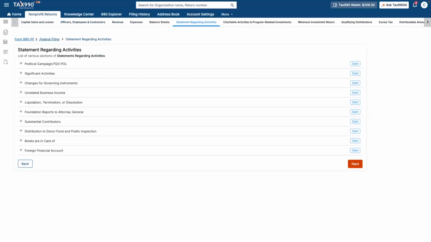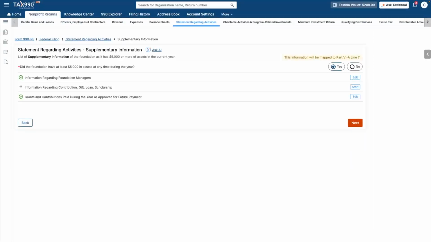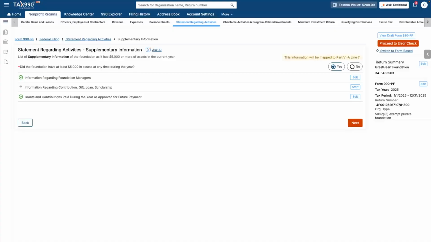This section contains several compliance-related questions regarding the organization's operations, filings, distributions, governing documents, and other activities during the tax year. Each item should be reviewed carefully to ensure accurate reporting and compliance with IRS requirements. As part of the statement regarding activities section, Tax990 may require additional supplemental information based on the organization's activities and filing requirements. The form asks whether the foundation had at least $5,000 in assets at any time during the tax